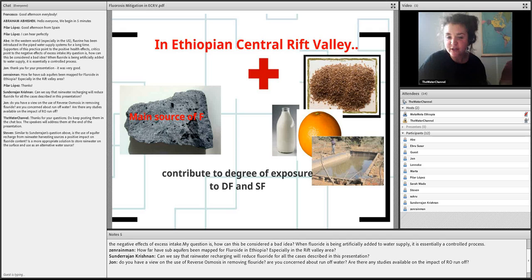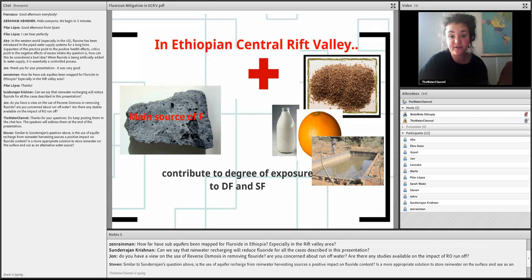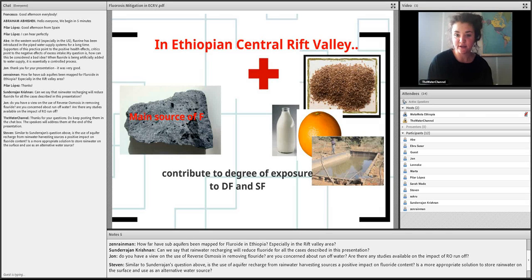There is also another study done by Frank van der Steenberg, showing that even in areas where there is high fluoride content, the exposure to dental and skeletal fluorosis is different. So we have to look not only at the main source, but also at the different sources of drinking water that people have. Maybe it's not only from groundwater, but as well, for instance, from drinking water collected by rainwater harvesting techniques.